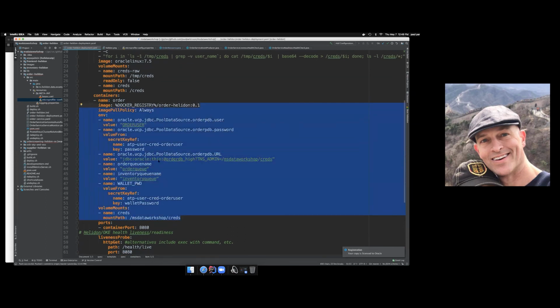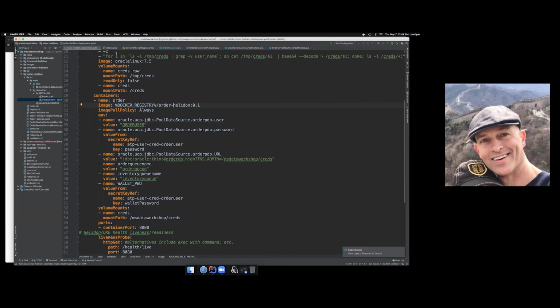And then we're taking that information and setting the environment for our microservice. So we use the OSB to get the secret for the connection information. We put that secret into our container, and then our container took that and provided the environment for our microservice. So it's a very easy flow to then have connectivity from your microservice to your ATP database. And like I say, it takes minutes to do this.